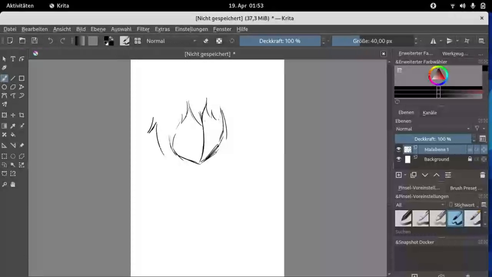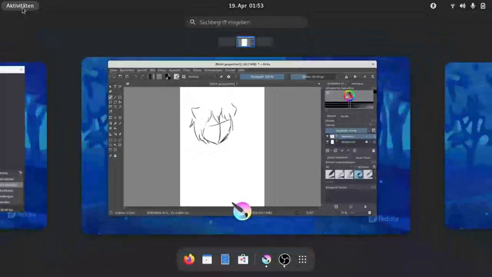But all in all though, the feel of it on GNOME itself is a pretty good experience, especially if you are using a convertible like me, which is going to be a lot more usable. Yeah, okay, to be honest, I still think it's more or less a tablet operating system. The interface feels like a tablet. However, again,